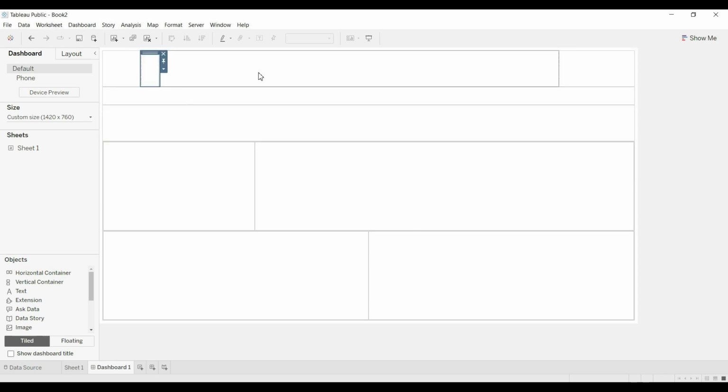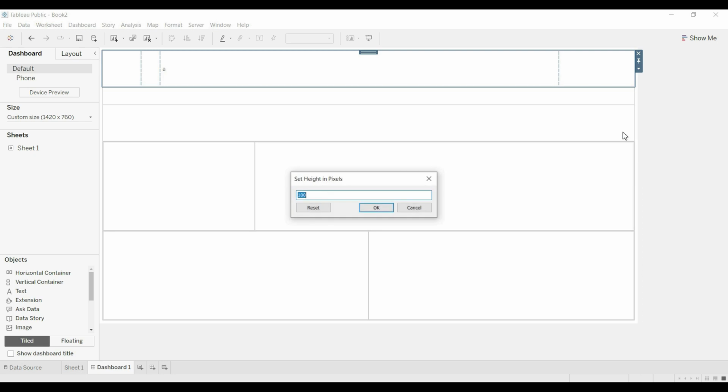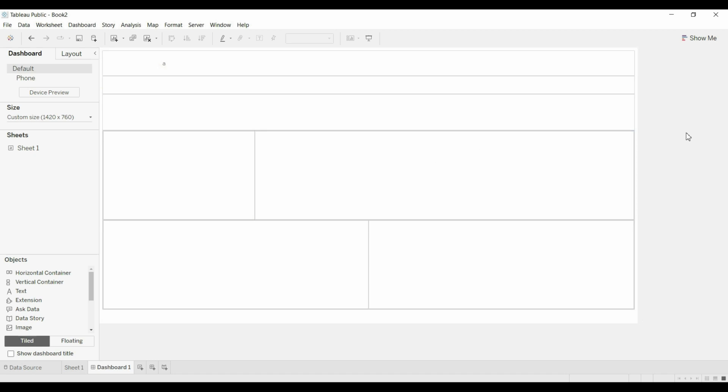Okay, and I can also reduce the height of the banner, because I'm feeling that it could be reduced and it will look better. So instead of 100, if we put it as 70, it is looking much better, right?